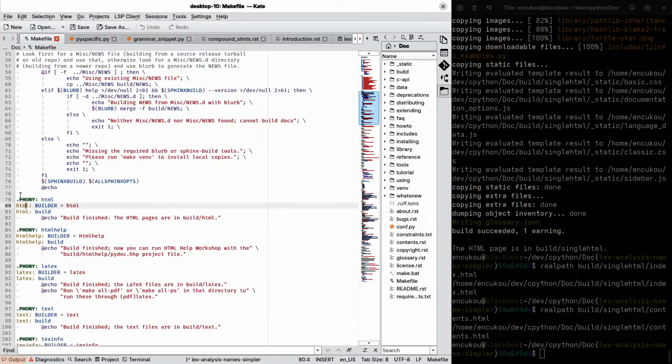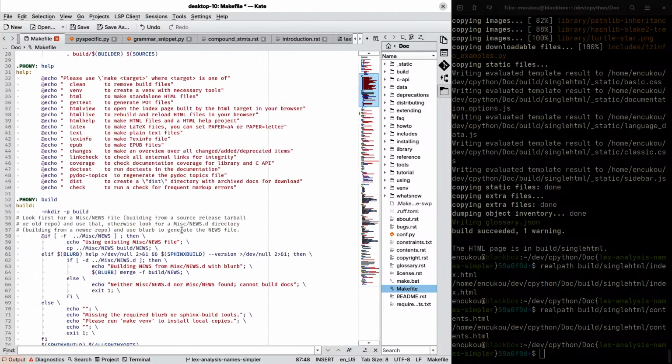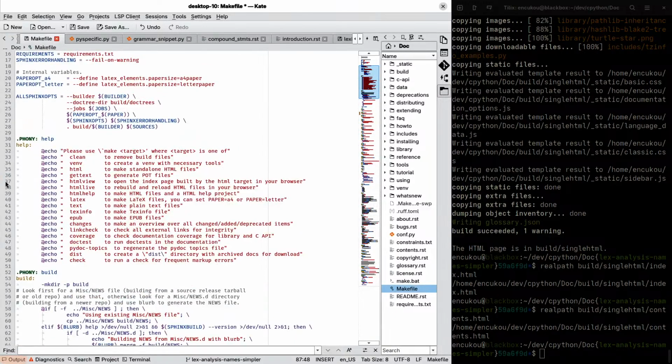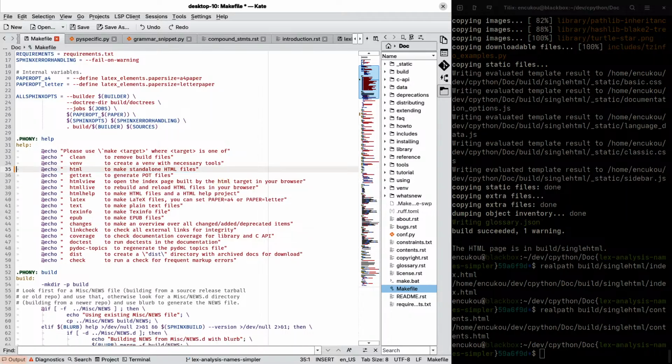Well, copy the HTML thing and replace HTML by single HTML everywhere. Correct grammar. And there's also a little help here. Put it in there as well. That should do it.